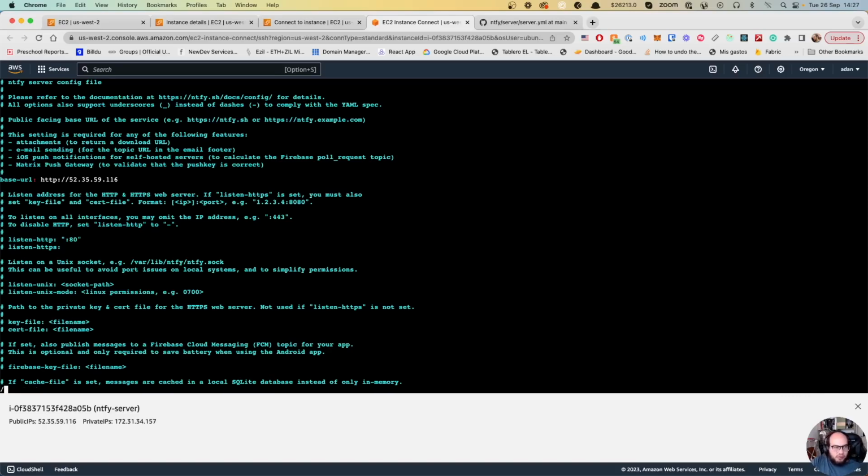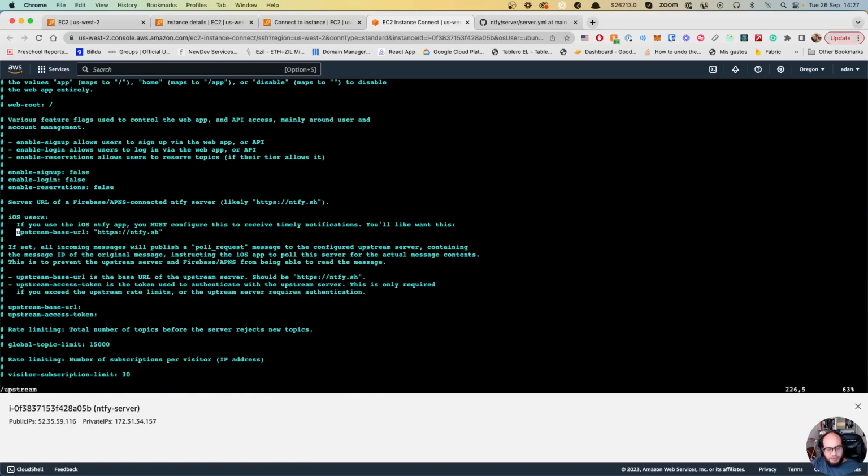And there's another thing we need to enable here, which is the upstream. So the upstream is actually needed for iOS devices, because iOS push notifications need to be signed with the signature from the publisher of the iOS app. So basically, you'll be sending to NTFY the message ID, and they will just sign it and approve that, and then that message is gonna go to your phone. They don't receive the message per se, so your information is secure. Okay, so we save